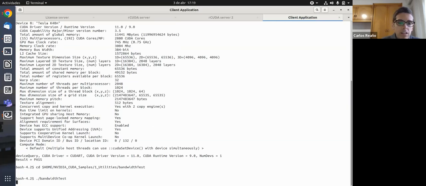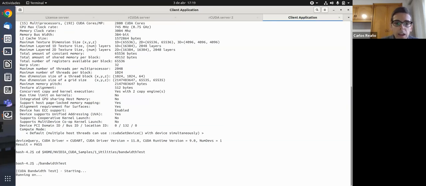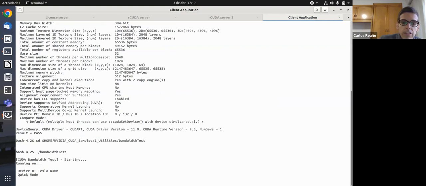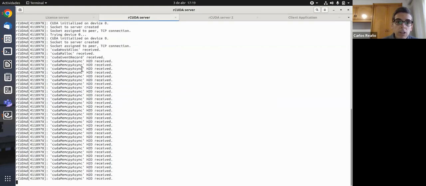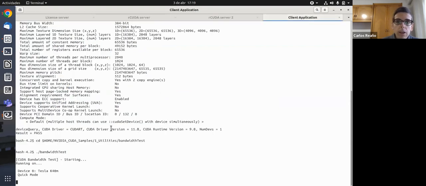Now we are going to run a bandwidth test. A bandwidth test is just a test included in the NVIDIA SDK, which is just doing memory copies from host to device and also from device to host. If we move to the server tab, you see that here we are receiving the CUDA memcpy operations from the client application. Okay.